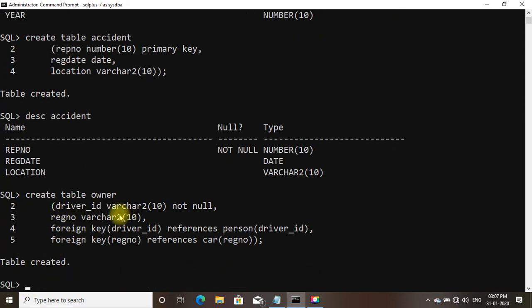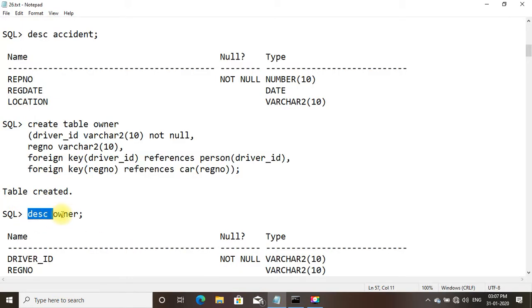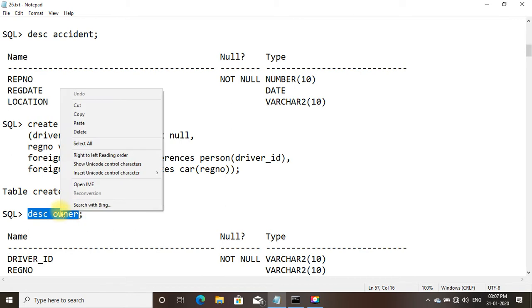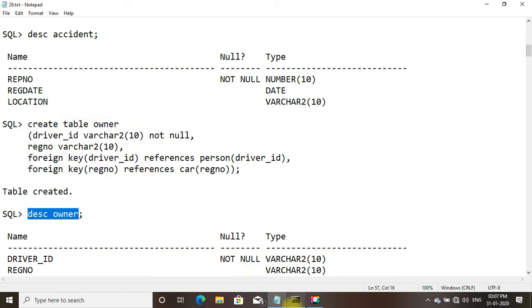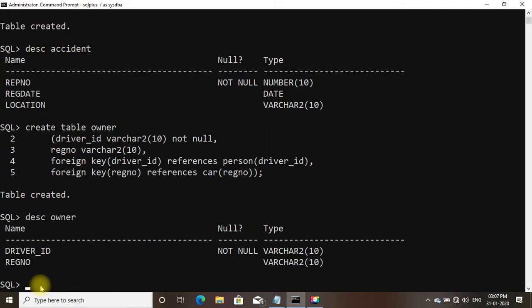You can see table owner is created. Let's describe the structure of the table. Here you can see the structure of the table owner.